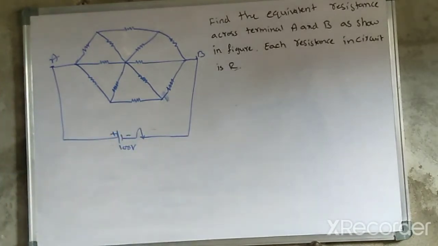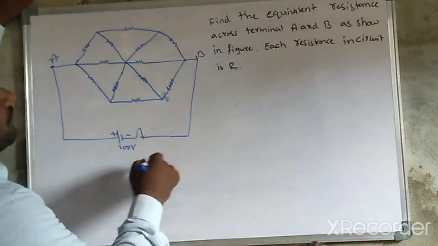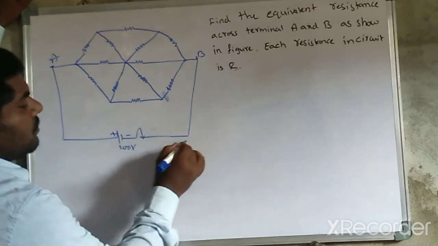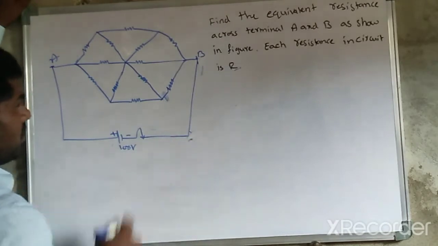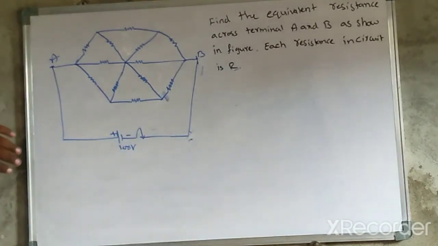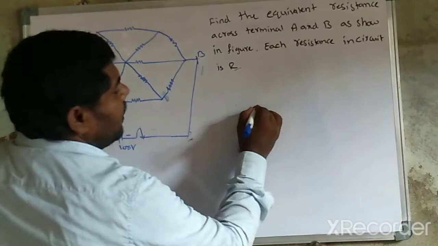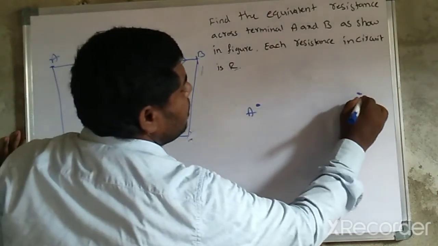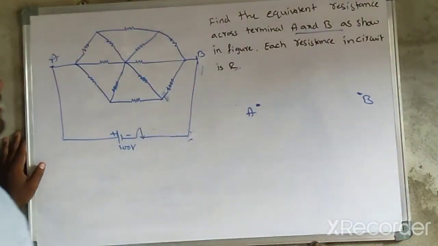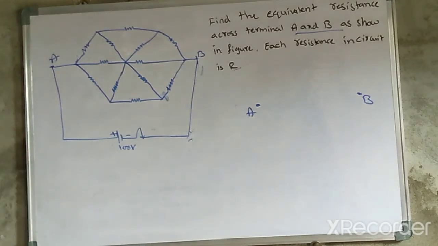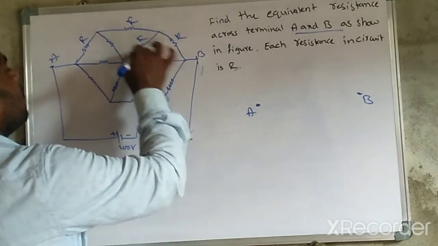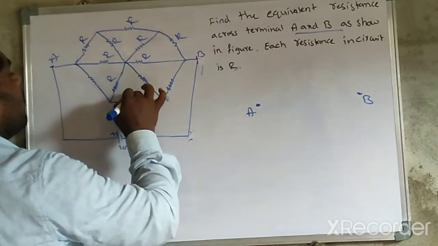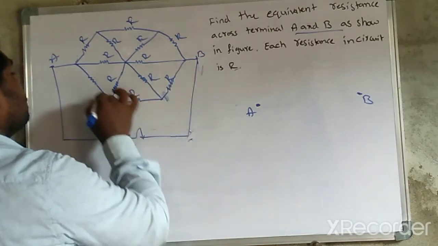So here this is the circuit, the shortcut alternative method. First of all, you may find the negative side potential 0, here the potential 0. Otherwise, you may do it like this: here the potential A and here the potential B. They are asking the resistance in between A and B. You may write it down like this, and each resistance is R.